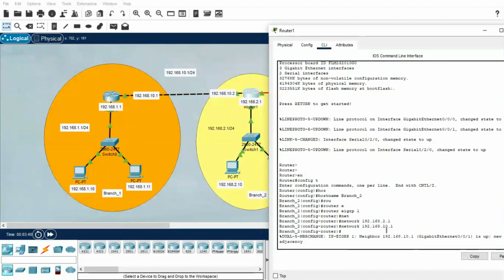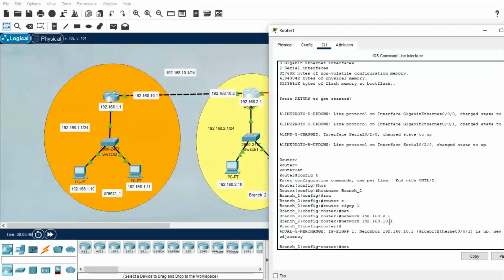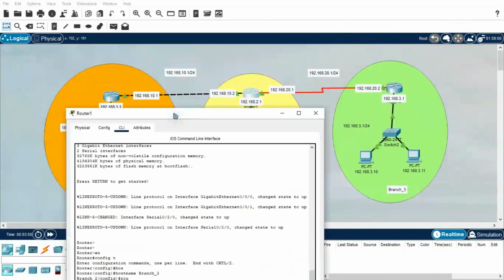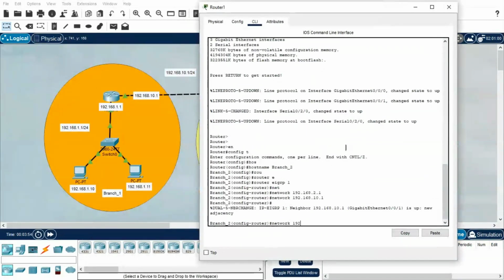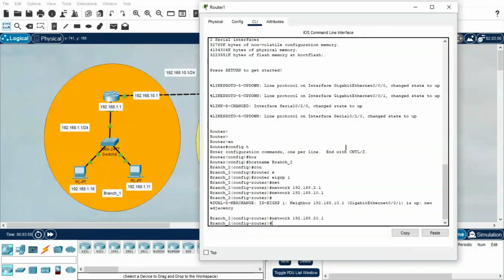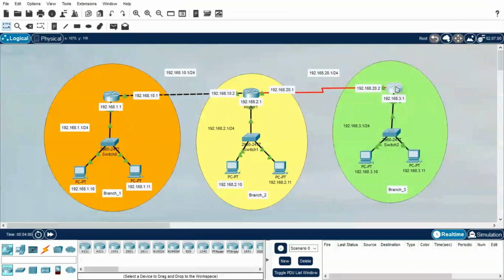Okay, so automatically once I added the configuration, the neighbor is starting up. So I need to add one more range. The other range is 192.168.20.1. Because on this router we are using three different subnets, as it is connected in the middle of branch 1 and branch 3. Now going to the branch 3 router,